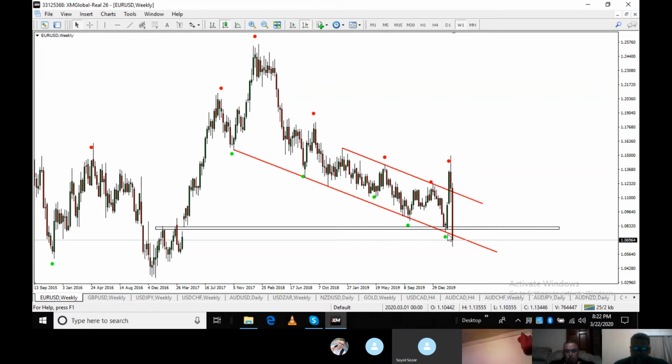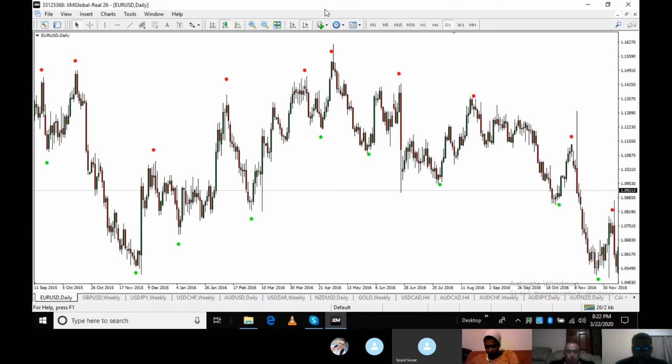So I would expect the one here at the bottom to make a false break as well. I'm not saying it made a false break and from here it's gonna jump up, but this close has been quite direct. So if I switch down to something like daily,